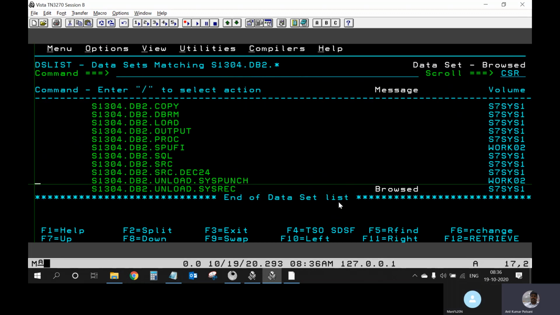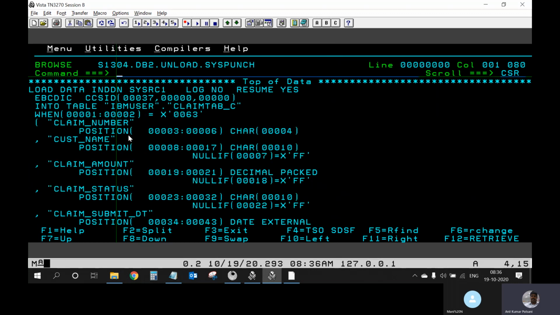Now what you need to look at also is the punch file. What's the structure of the punch file? It shows what particular column, from which position the data is aligned, of which type. It exactly tells the column name, the position of the column data in the file, and the data type of the column. Along with this structure, it also provides the load syntax as well. You can use this file as your input to load the data file into the table again.